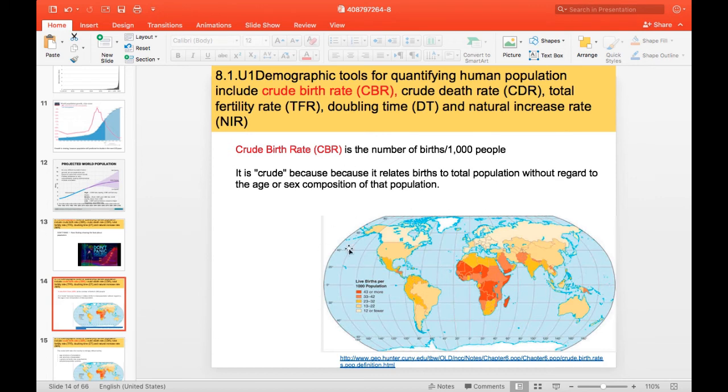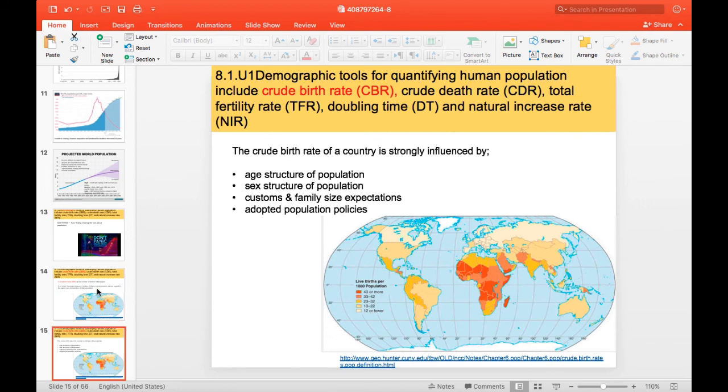As you can see in this picture, the highest birth rates are indicated in Africa. We have the highest rates there. Then we have countries like Canada and Europe that have the lowest CBR, because they're not having too many kids. The crude birth rate of a country is strongly influenced by the age structure of the population,